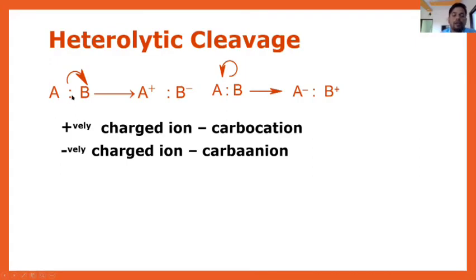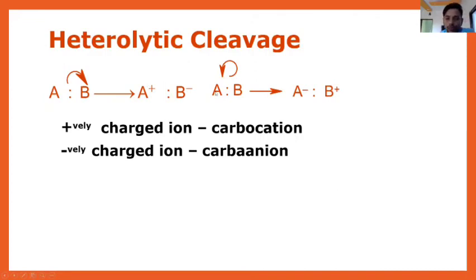Now here in heterolytic cleavage, both the electrons are given to this B. That's why there is this full-headed arrow, and the arrow ending on the atom indicates that both the electrons are given to this atom. So this is a heterolytic cleavage. Both electrons are given to B, so there is formation of A plus and B minus, because electrons are negatively charged. So this makes B negatively charged, and electrons are taken away from A. That's why it is positively charged.